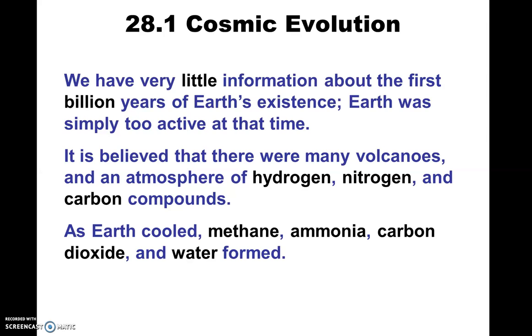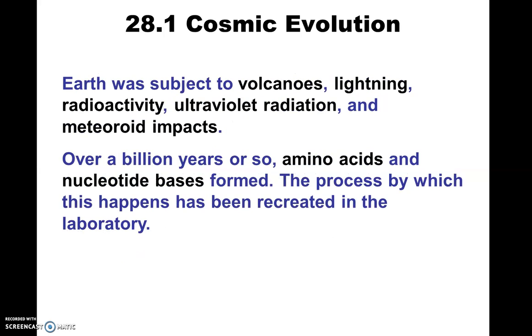In the first billion years or so of the Earth's existence, we know that volcanic activity was going on. There was hydrogen produced, nitrogen, and carbon compounds. Okay, so as it says right there, as the Earth cools in the first billion years or so of its existence, there is in the very early atmosphere methane, ammonia, carbon dioxide, and of course water vapor. Eventually, when the Earth cooled enough, there's liquid water raining from the sky, and let's see.